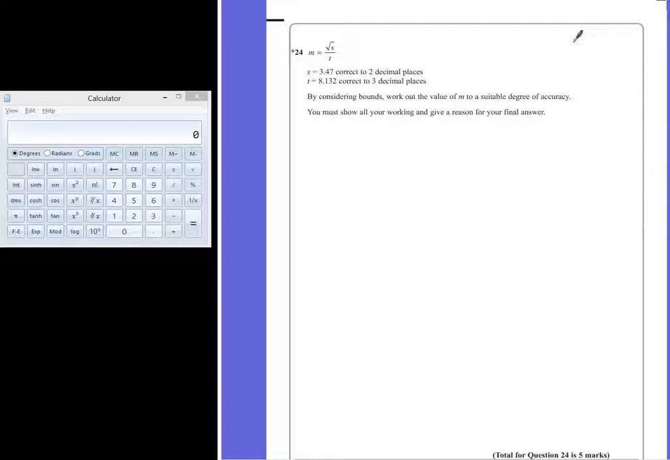It's a 5-mark question because we're going to be needing to do quite a bit of calculations in this one to back up our answer. Now, bounds are a way of showing what the possible values could have been for each of these values before they were rounded. So if we look at s,